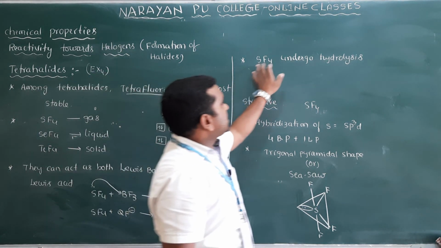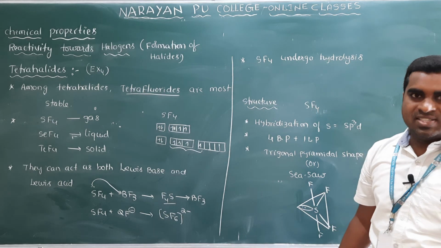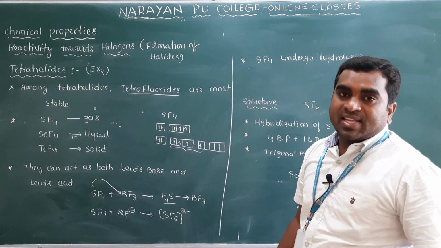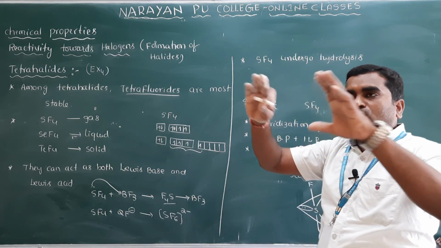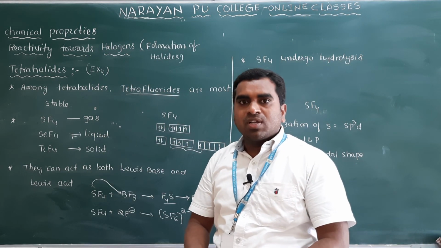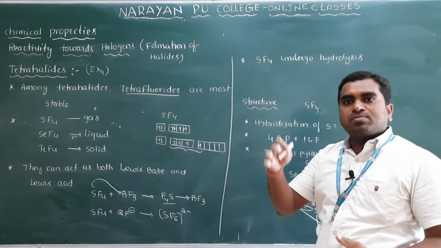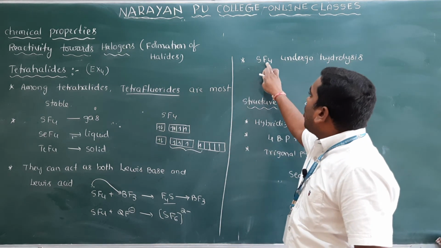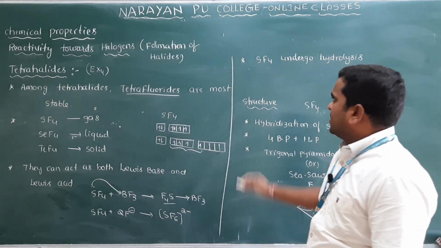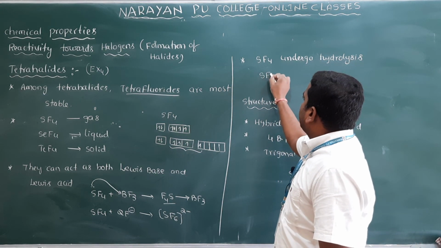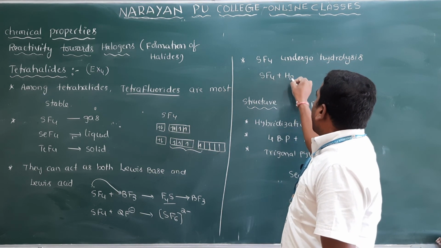Clear? So SF4 can undergo hydrolysis easily, but SF6 cannot. Why? Because in SF6 the sulfur is surrounded by 6 fluorine atoms. So these fluorine atoms protect the sulfur, but here how many fluorine atoms are there? Only 4 fluorine atoms. So attack takes place very easily. So that's why it can easily undergo hydrolysis